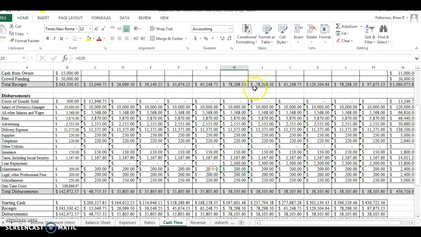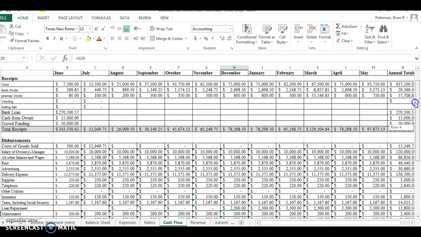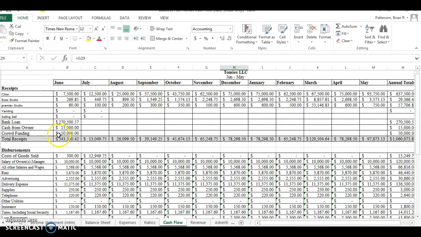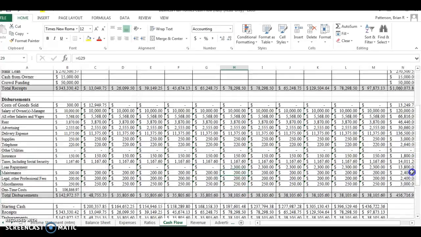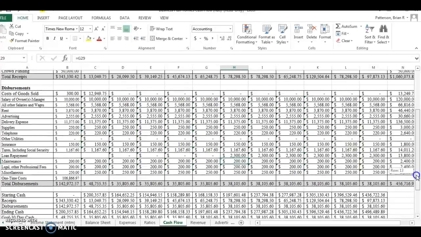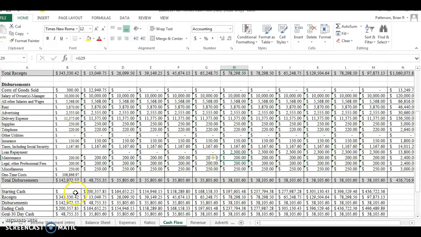And that's it. Now, this is the whole point of the cash flow statement. We want to make sure the money coming in for the month is greater than the money coming out, so we have the ability to pay our bills. So this is the money coming in, this is the money coming out. The bottom summarizes everything. So the first month, we started with 0, we had $343 coming in, we had $142 going out, which left us with